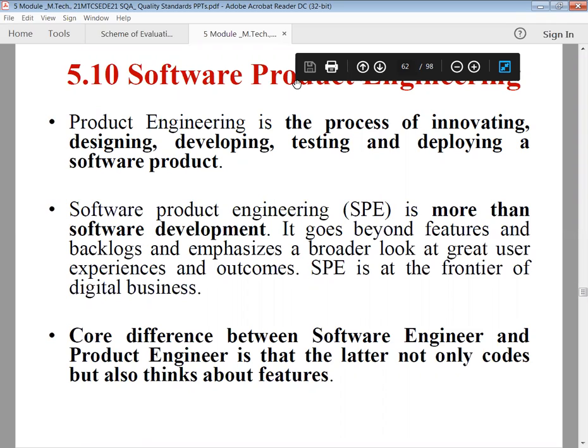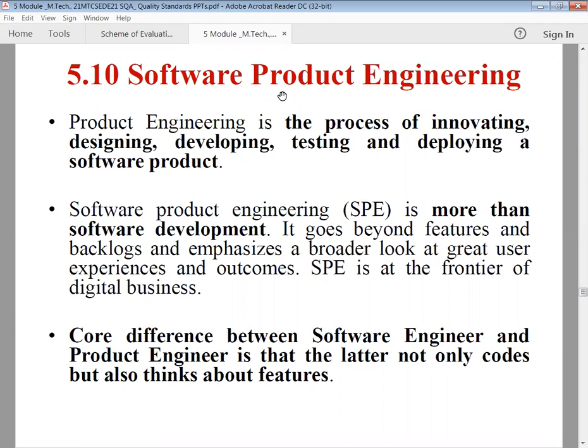In software product engineering, it is common for all products. Products, in the sense that we have some raw material, we do some process, and we produce the output. So it is applicable to the automobile industry, any manufacturing sector, FMCG sectors, fast moving consumer goods, daily